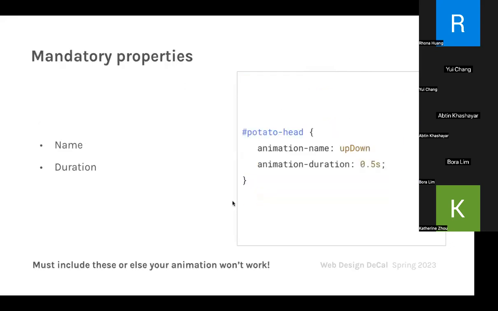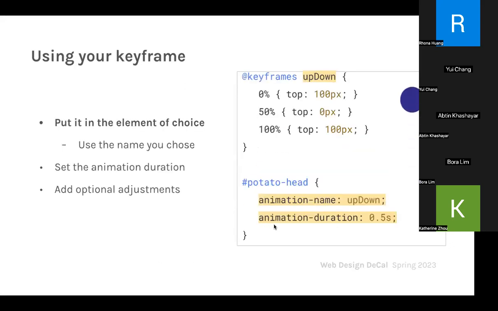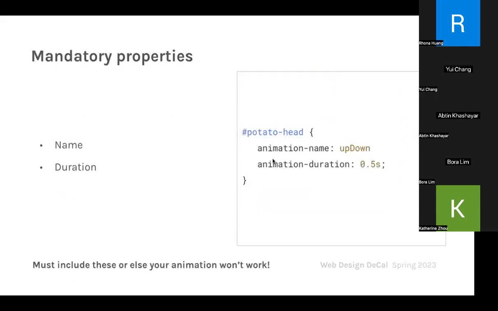Then you're going to set the duration to be 0.5 seconds. From 0 to 100, this whole thing will last 0.5 seconds. So it'll go up and down for half a second. The mandatory properties, if you're going to use a keyframe, have to be name and duration. Otherwise, the element does not know what function you're using or how long to use it. There are also other optional properties,